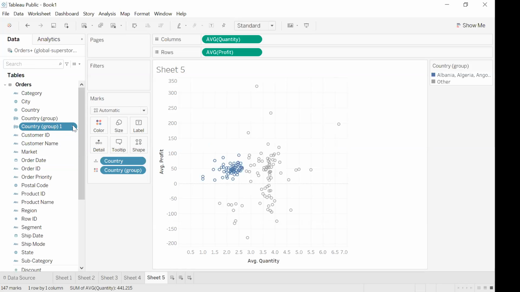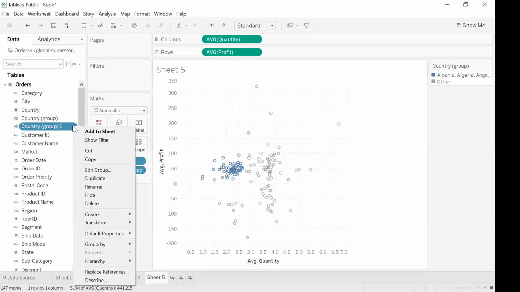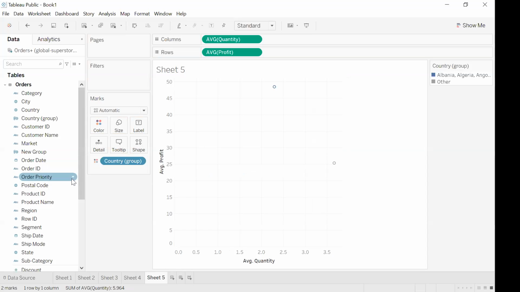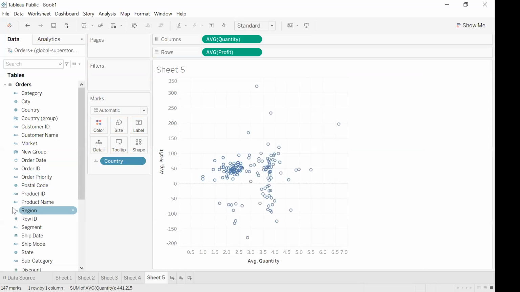So this is it now. This is the group that we just created. And then we can rename it to be new group. Then let's take all these things out and let's see. So this is new group, right? New group has 3 elements, the A group, the B group, and then other. Let's use color to let it show us those 3 elements. So if we drag new group into color,